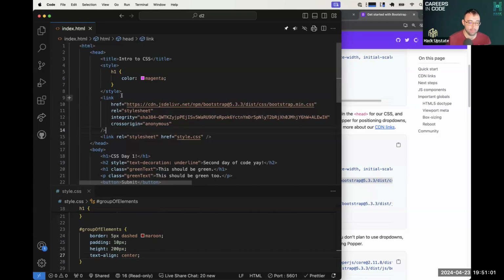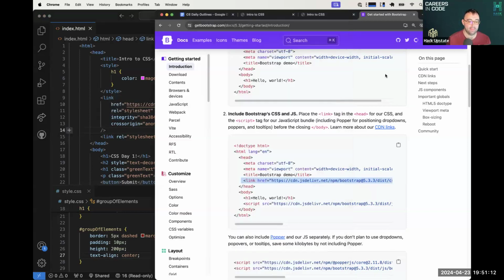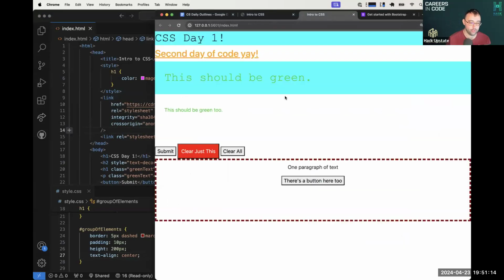Now, when I save mine, it splits it out into multiple lines. Don't worry, yours can stay all on one line. It will work exactly the same. That's not a problem. So I'm going to go ahead and save that in, and then I'm going to come back over to my